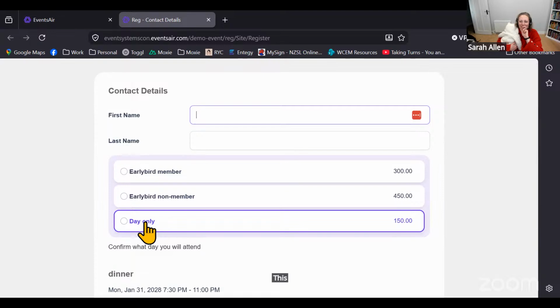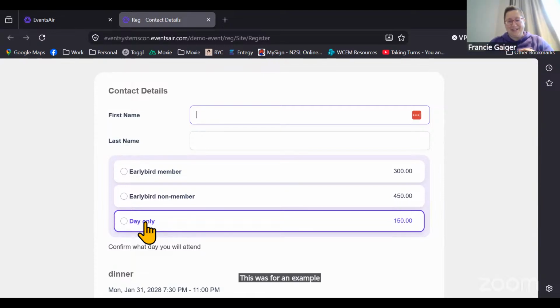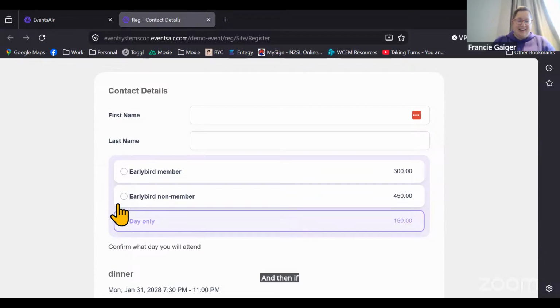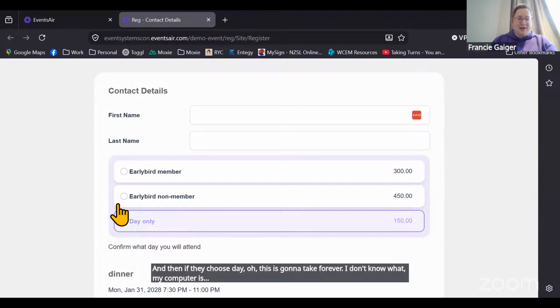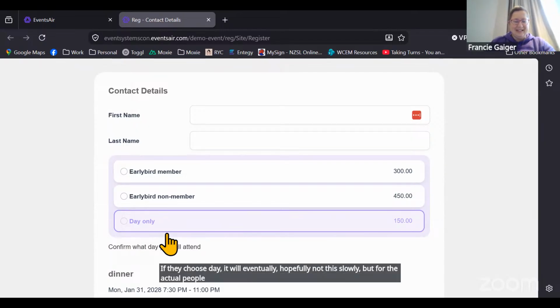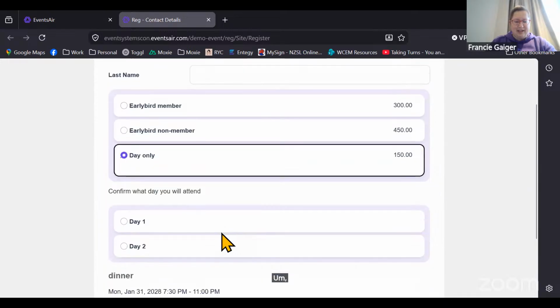This was an example for a client that I was just pushing through quickly. If they choose day, it will eventually, hopefully not this slowly, but for actual people registering, turn up with a